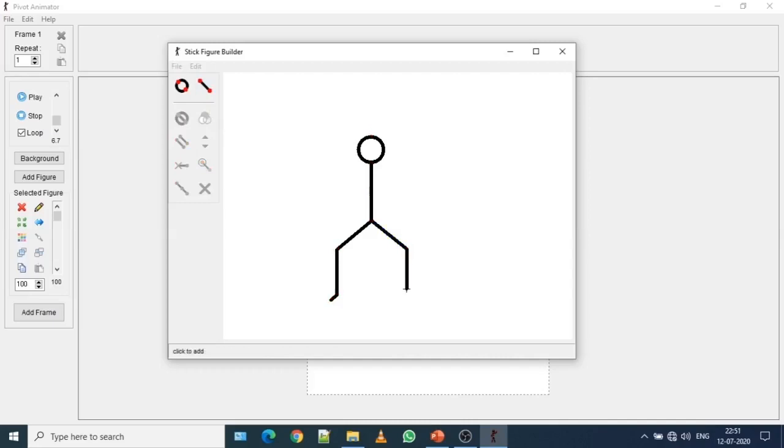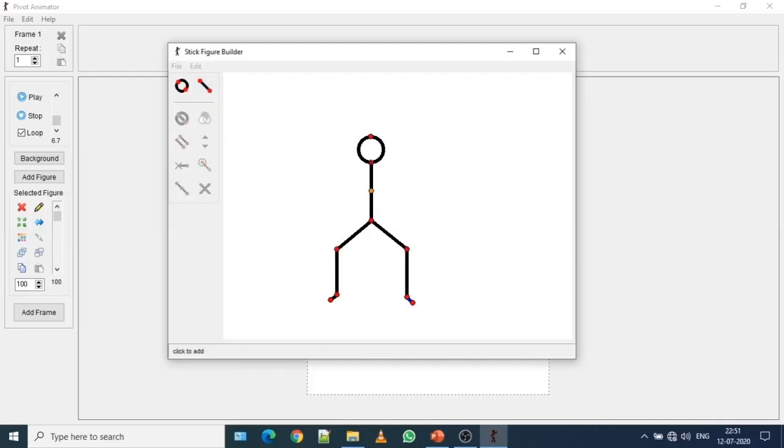Select the red line of the red segment of the character, then again release. Now this left portion of the feet, so it is also done. So the lower portion of the stickman is already done.